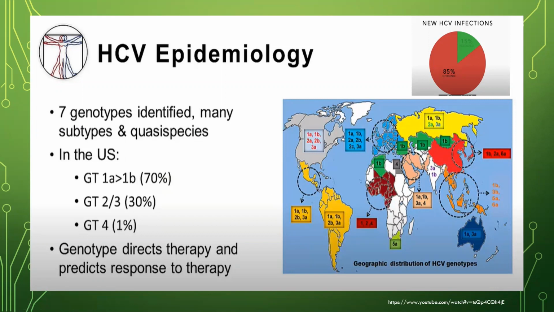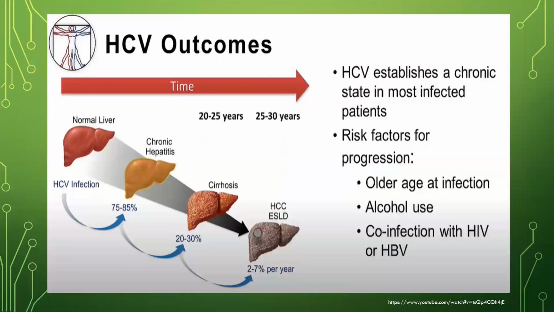85% of hepatitis C infection is chronic, and only 15% of this chronic infection is resolved. Hepatitis C establishes a chronic state in most infected patients, and risk factors of progression are older age, alcohol use, and coinfection with AIDS or hepatitis B, which is not so rare. So in 20 years, 75 to 85% develop chronic hepatitis,